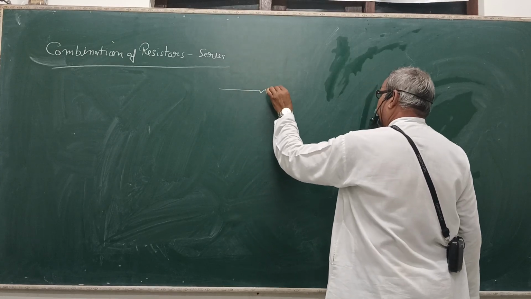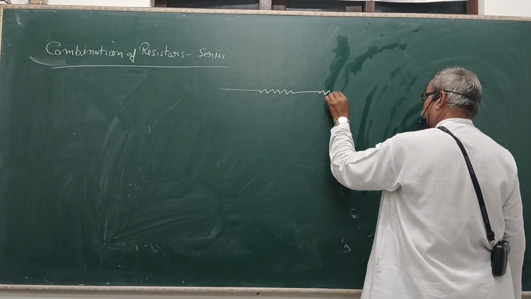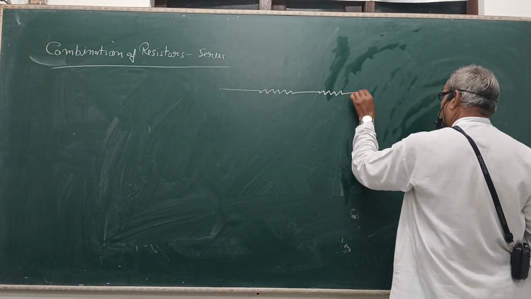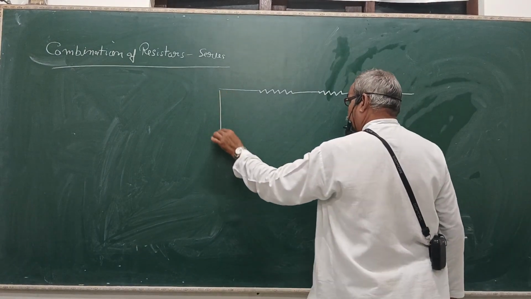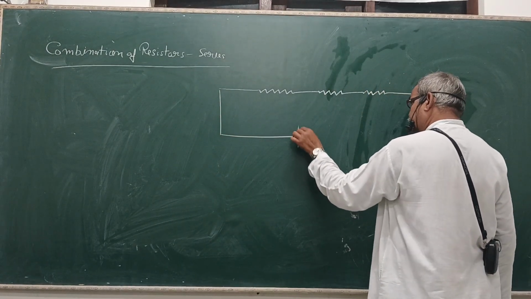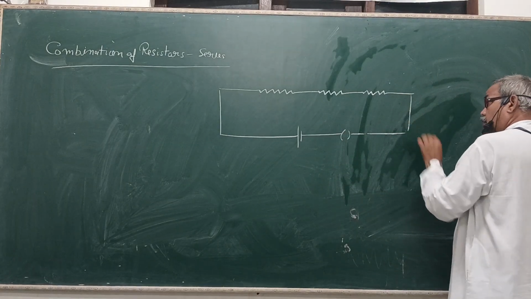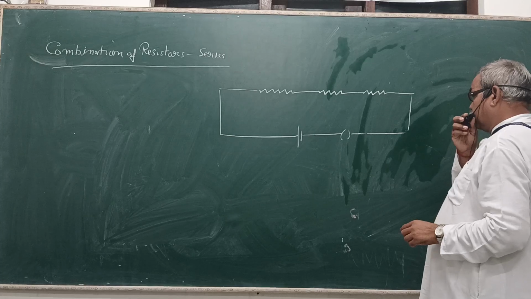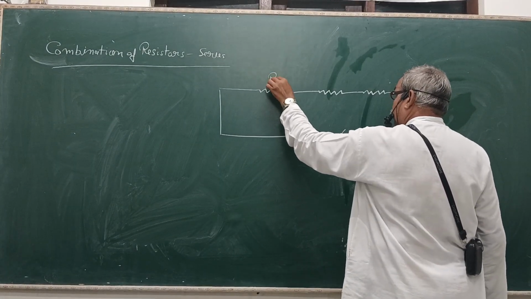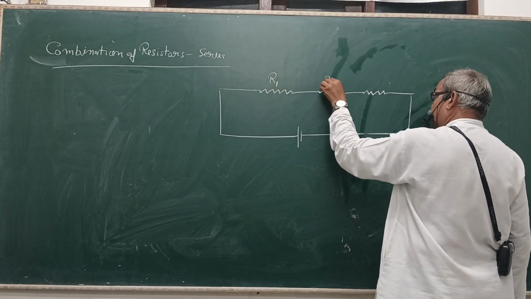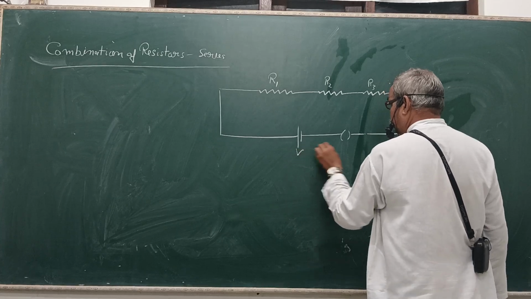ये हमारे पास एक कॉम्बिनेशन में मोर देन 3 रेजिस्टेंस हैं, और इनको हमने किसी बैटरी से कनेक्ट कर दिया गया। तो कॉम्बिनेशन रजिस्टर ये कहता है कि दैट इज आर मोर देन 2 रेजिस्टेंस कनेक्टेड बाय ए सर्किट।